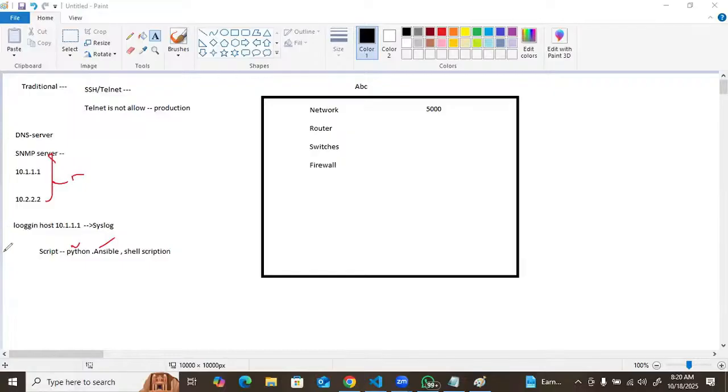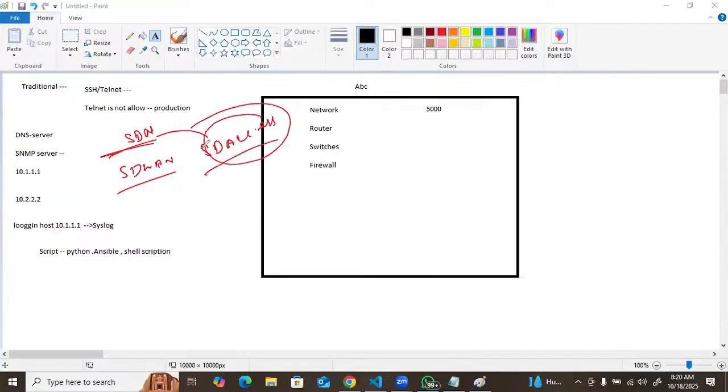Or tell me one thing, suppose SD-WAN and SDN technology, if you're talking, so SDN technology, we can call it automation tools. SD-WAN and SD access, how many companies are using? Still, not 90, but 60 to 70% of companies are still using the traditional technology.